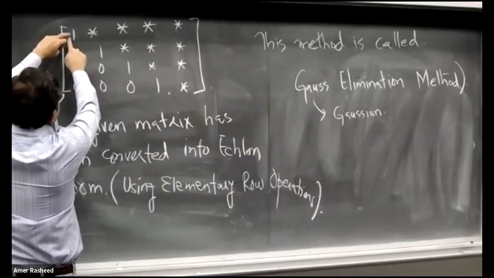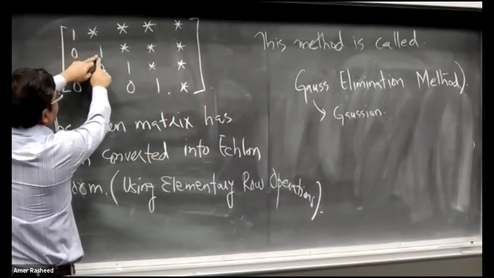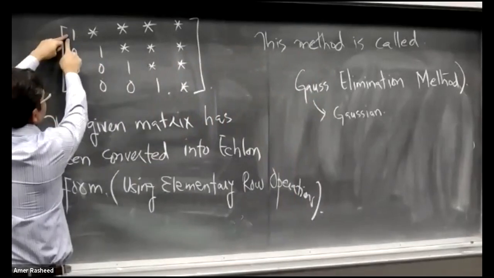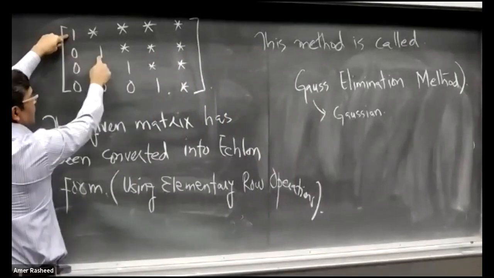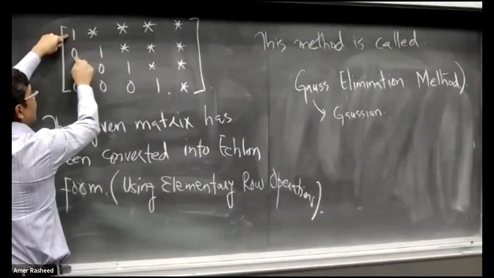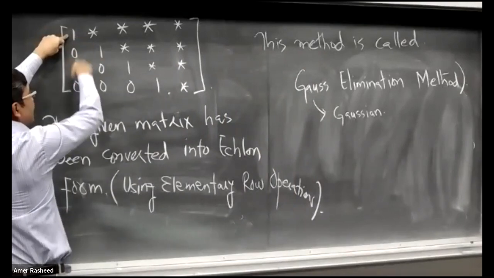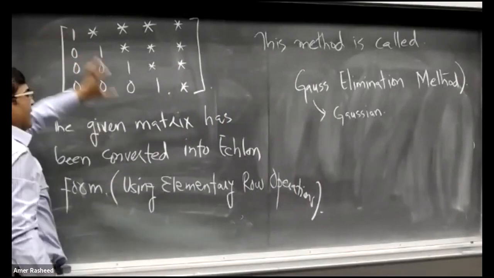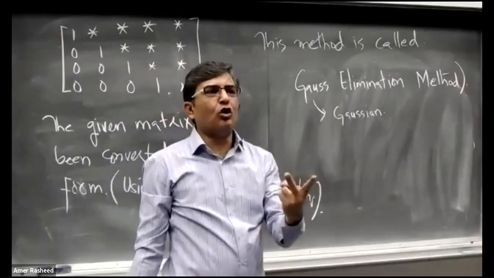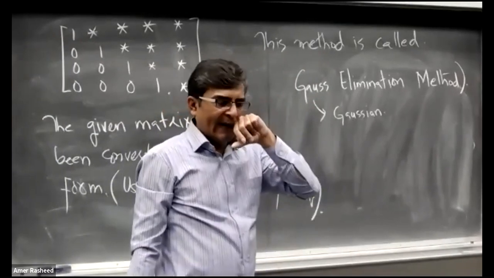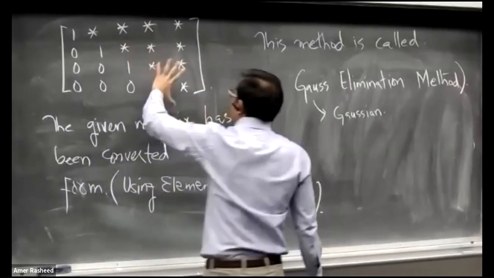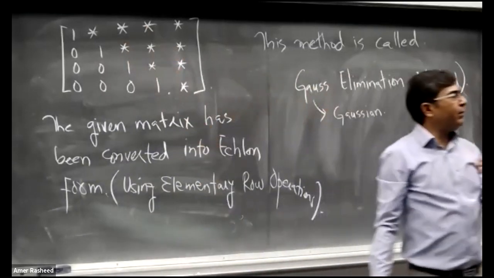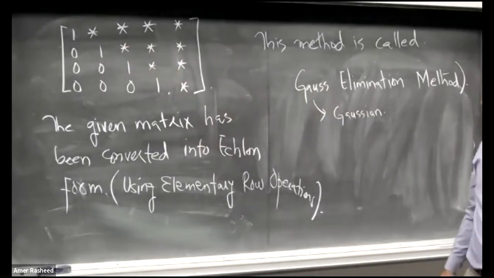Means कि अगर इस रो में फर्स्ट नॉन जीरो एंट्री यहाँ पे है 1, तो नेक्स्ट रो में जो फर्स्ट नॉन जीरो एंट्री होगी वो इसके राइट पे होनी चाहिए, इसके बिल्कुल नीचे हमेशा 0 होगा। ठीक है, दिस इज द सेकंड प्रॉपर्टी। बस ये दो ही प्रॉपर्टीज आपने याद रखनी है। ठीक है, तो अगर ये दो प्रॉपर्टीज सेटिस्फाई होती हैं तो कोई भी जो मैट्रिक्स है वो एचेलॉन फॉर्म में होगा।